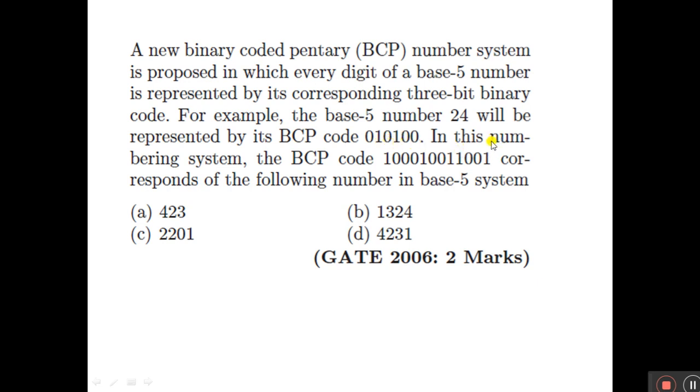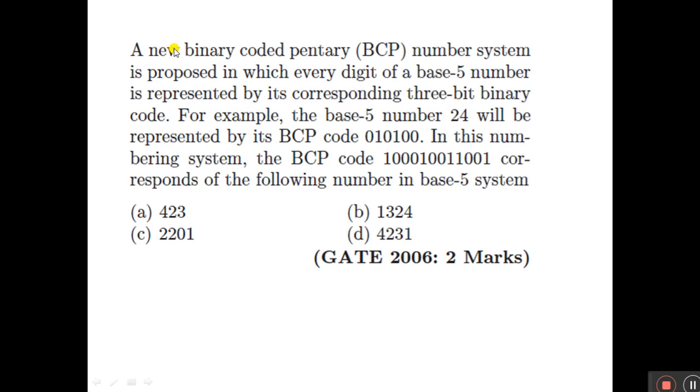In this numbering system, the BCP code given is 10010011001. The corresponding number in base 5 system is: options A 423, option B 1324, option C 2201, option D 4231.